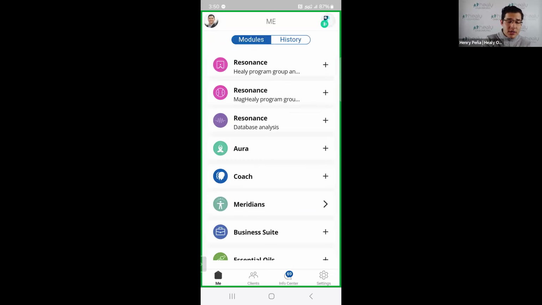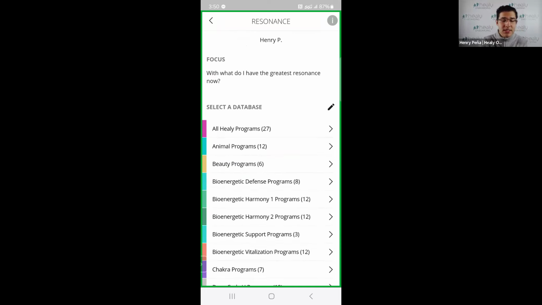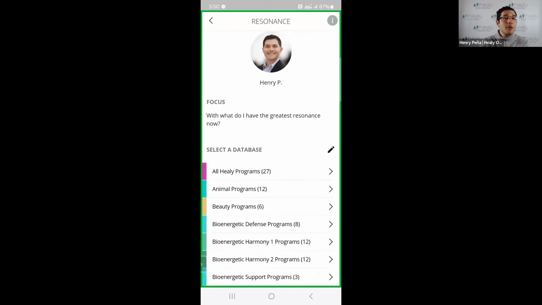However, if we go to Resonance right here, you will see that this one does have a database that says all Healy programs, animal programs, beauty programs, etc. The focus cannot be changed when you're using the Resonance module. What you can do is change your intention. You can change your intention, or you can simply focus on this one that says, with what do I have